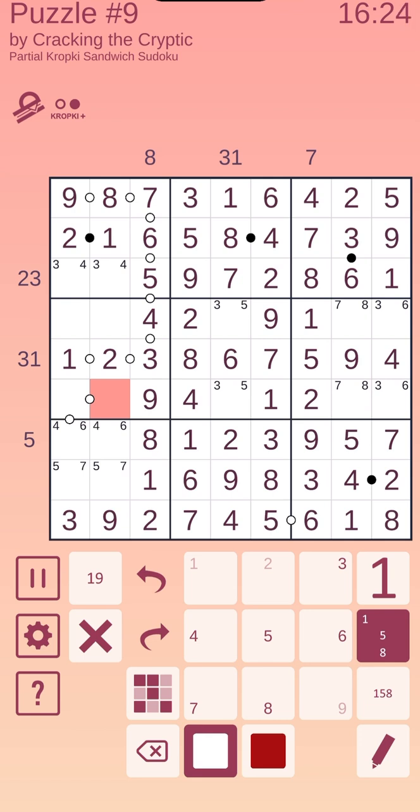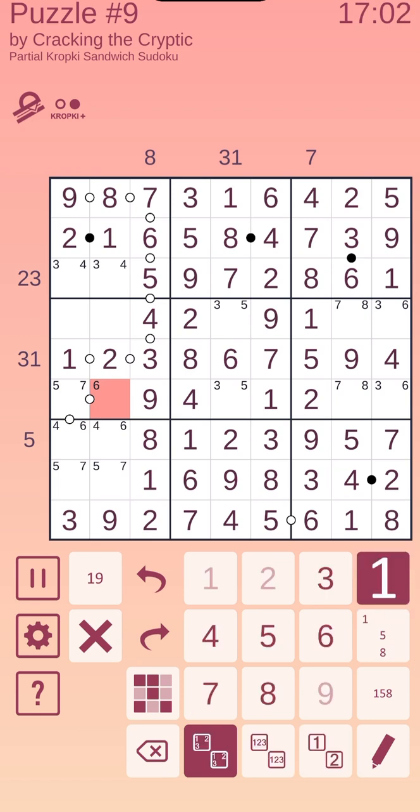Okay, so 1, 2, 3, 4, 5, 6, 7, 8 is what could go here, but only 4 and 6 go there. So it could be 4, 5, or 6, 7. Could be 4, 5, 6. Can't be 4, 5, 4. Could be 6, 7,